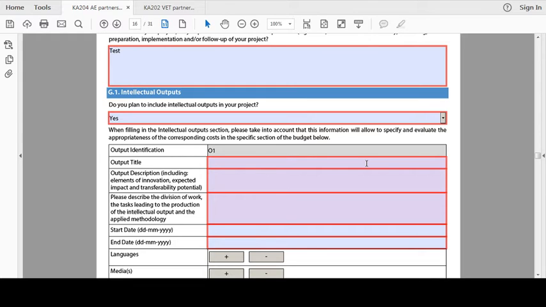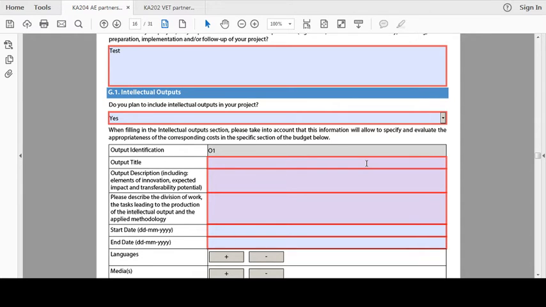This will prevent potential overlap with manager and administrative staff costs, which normally should be covered under Project Management and Implementation. In addition, if you need to use any subcontractors or to purchase special equipment, you will need to make it clear in this section and claim it under the exceptional cost budget. To demonstrate that intellectual outputs are substantial, it may be helpful to explain how you have calculated the resources needed